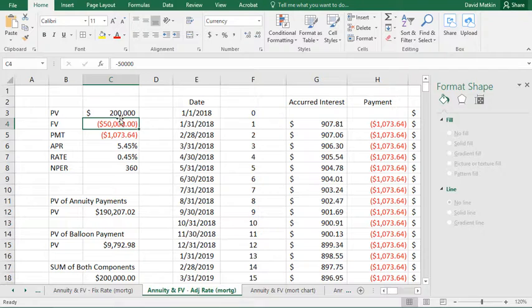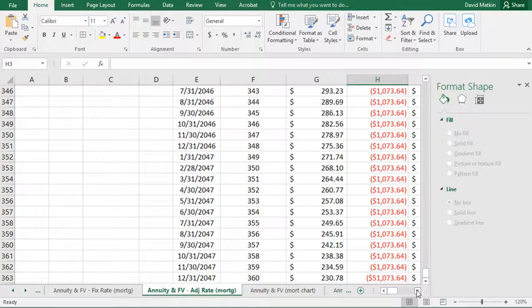So in order to accommodate that additional $50,000, when we get all the way to the end of the 360th time period, we have to have still a balance of $50,000 in there. And because of that, we need a higher interest rate so that we have more interest growing, so that this same $1,073.64 will not be able to pay it all the way off by the time we get to the end of the 360th time period,